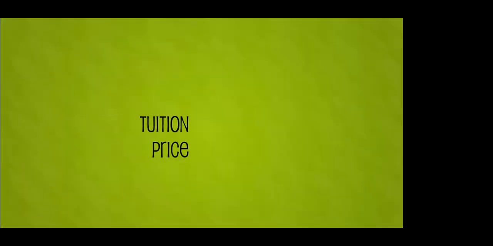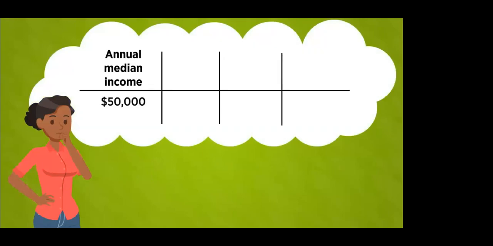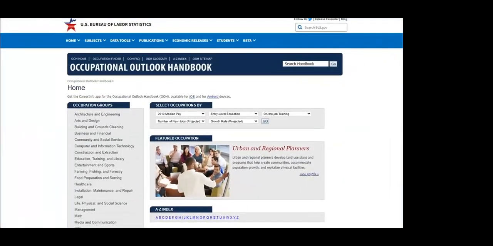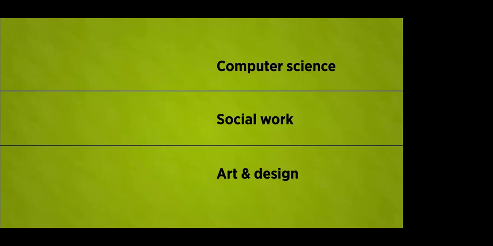The tuition price is only part of the story though, so let's talk about the other side of this equation, your projected future income. Evaluating projected income will give you an idea of how long it'll take to repay a loan and how much interest you'll wind up paying over the loan term. When you do your own research, you can use the BLS Occupational Outlook Handbook or other sources to find specific salary information for jobs. For this example, we'll assume your chosen occupations are computer science, social work, and art and design. We'll say you would earn an average income of $80,000, $45,000,